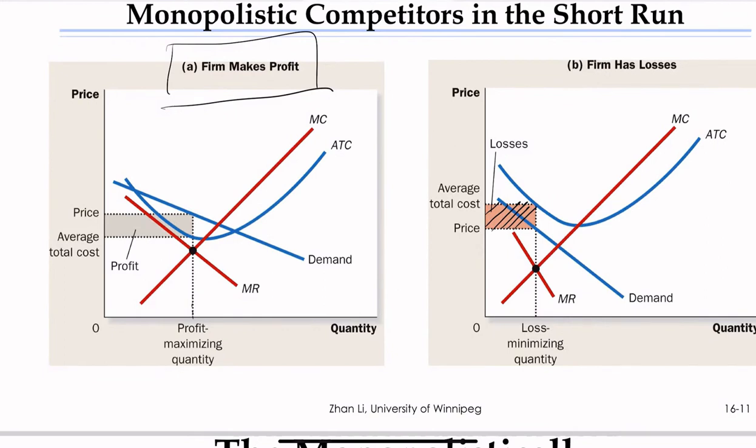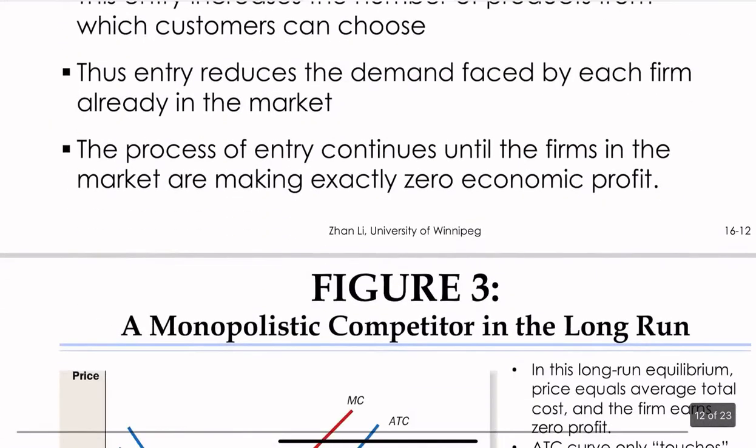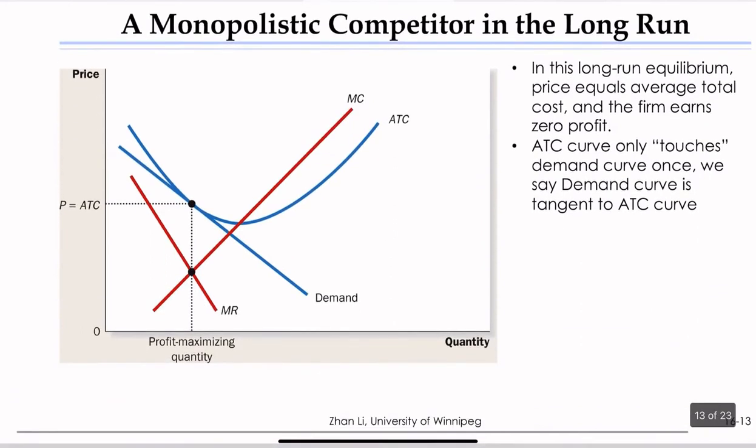And you could also imagine the other case, right? So if the firm is suffering from a loss in the long run, then this firm will just exit the market. And this process will continue until firms can at least break even, right? So the argument is actually pretty easy to make. Okay. Now, if we combine the profit maximization and the zero profit condition in the long run, we will get